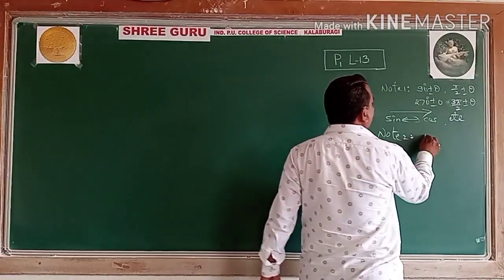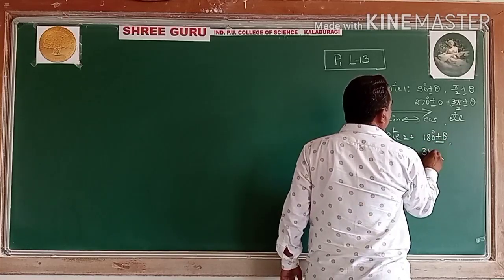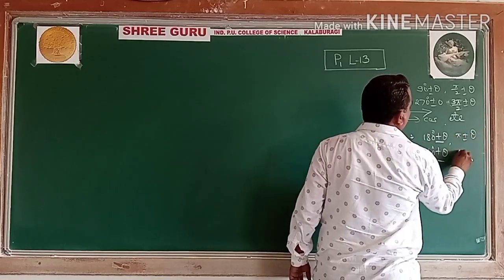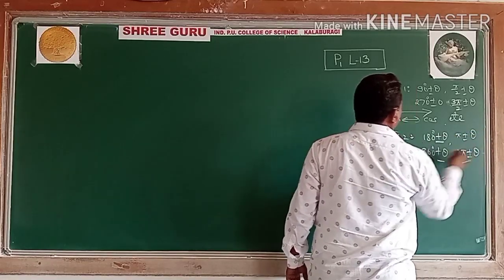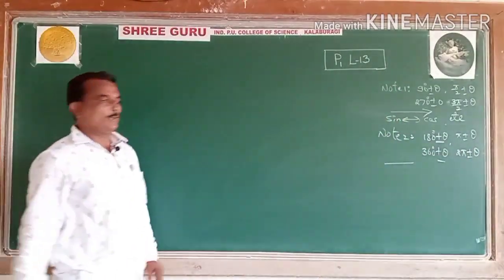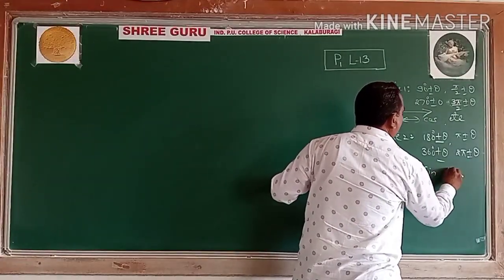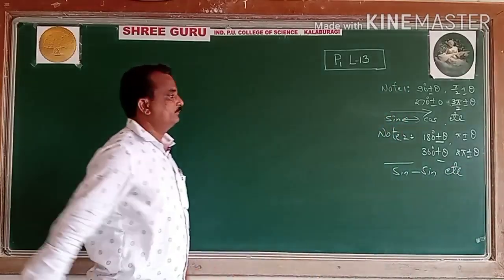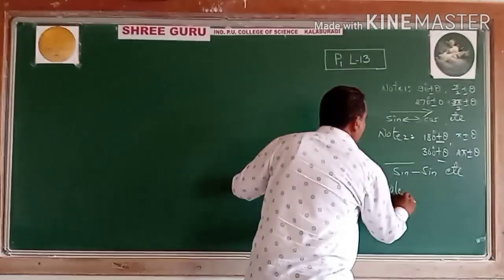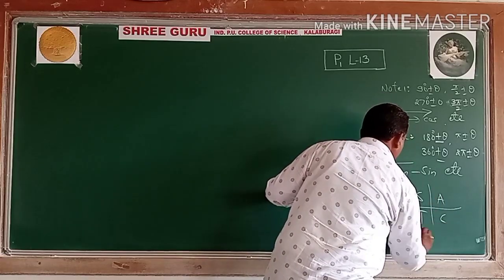Note 2, what you have to remember while calculating such allied angle examples. When the angles are 180 degree plus or minus theta, 360 degree plus or minus theta, in terms of radians pi plus or minus theta, 2 pi plus or minus theta, the trigonometric functions remain the same. That is, if sine, sine only, if cos, cos only, if tan, tan only. And along with that, you need the plus or minus sign. That positive or negative sign is taken according to this ASTC rule.